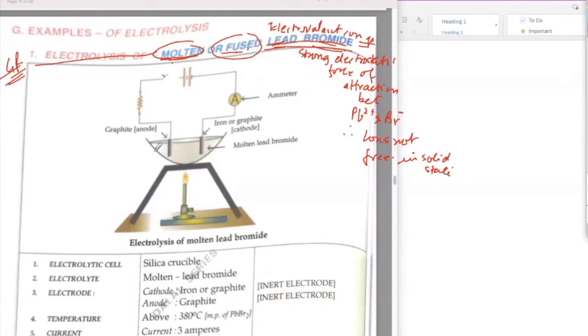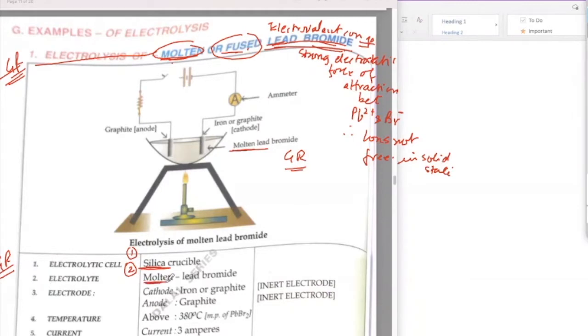Now you will see this diagram. Nobody is going to ask you to draw this diagram. So you will take this molten lead bromide. So that is your GR. Then can you see the silica crucible right over there? Why silica crucible? Now look at the right hand side page. Silica is a non-conductor of electricity and it can withstand high temperature, correct or no? So on the right hand side, underline that it withstands high temperature and is a poor conductor of electricity. Point 1 and point 2, so 2 points are there.